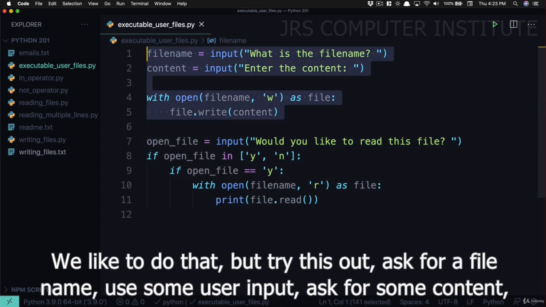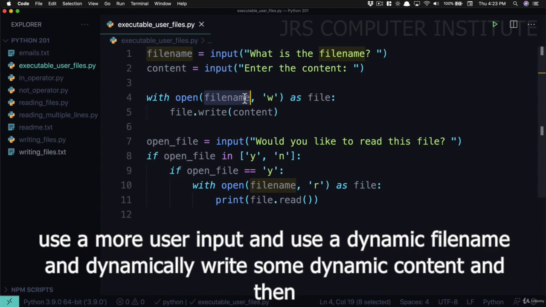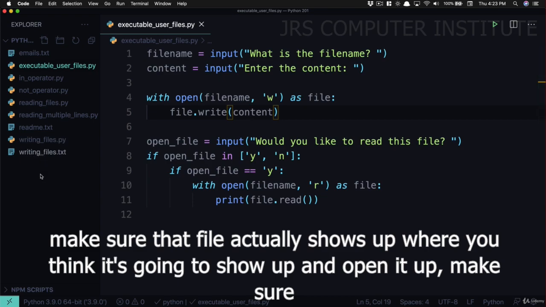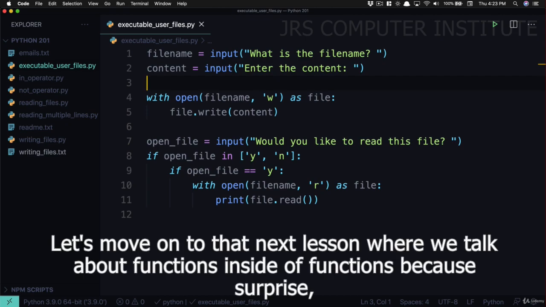But try this out. Ask for a file name, use some user input. Ask for some content, use some more user input. And use a dynamic file name. And dynamically write some dynamic content. And then make sure that file actually shows up where you think it's going to show up and open it up. Make sure that it's doing what you expect it to do. And if everything is looking good and looking right, let's move on to that next lesson where we talk about